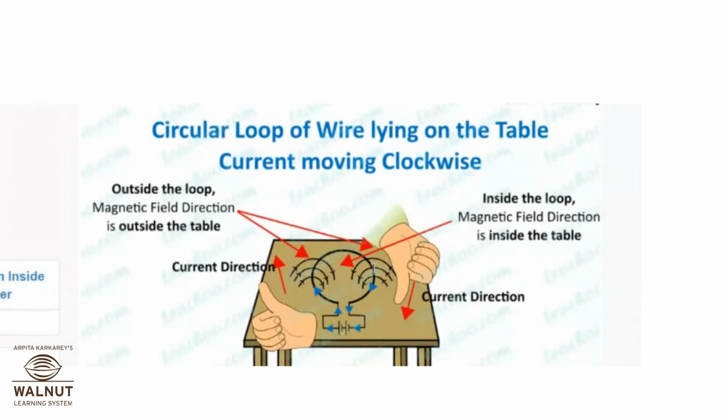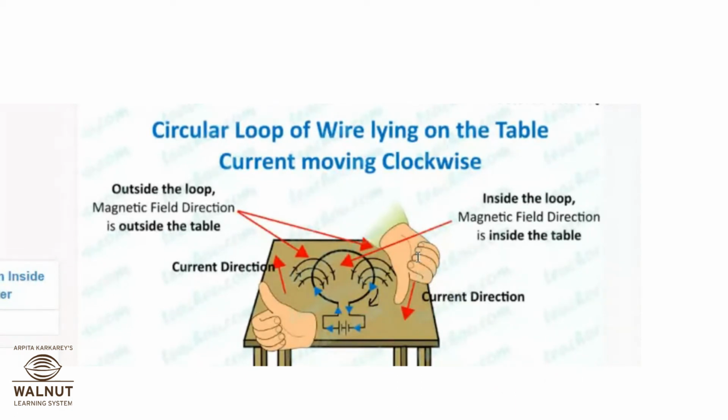Over here, this is how the current is going. First of all, be very careful in which case you have to use which rule, otherwise you people will use the left hand rule in all the cases. The left hand rule you have to use when there is a force experienced by the conductor. Now in this case, the current is going in the downward direction, so the thumb is going in the downward direction. The way your fingers curl will give you the direction of the field lines.